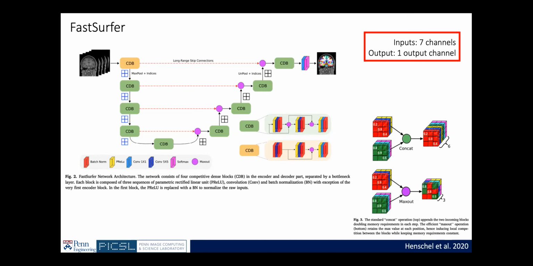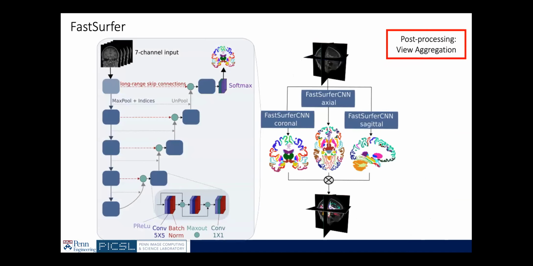Right. So, and the rest of the structure, you can stack them. These CDB blocks are nothing but dense blocks for convolutions and different nonlinear activations. The second change that they have in this particular paper is what I was talking about. So they have a 7-channel input, and they have 1 channel output for that middle slice. And you can repeat this for all the slices for a given subject, and you can get segmentations for all